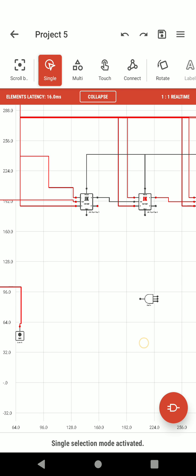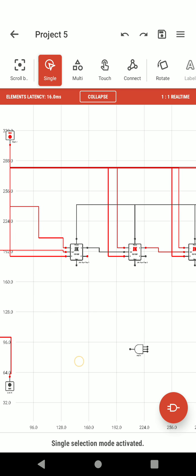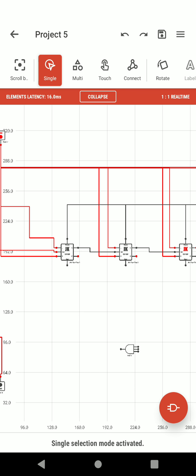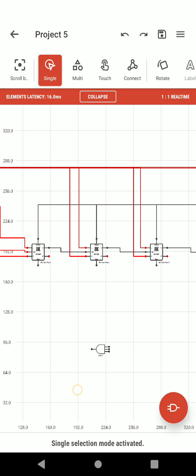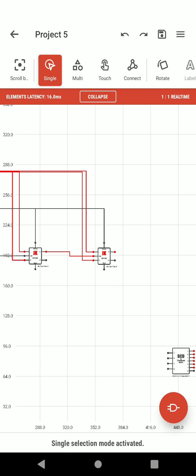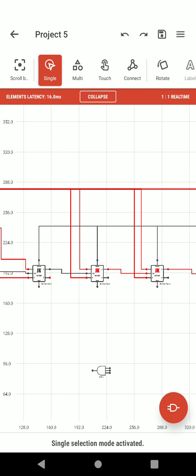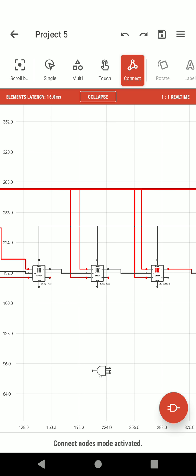Now next what we have to do is connect the outputs, that is the Q bars. The Q bar of the first flip-flop has to be connected to element A, because it is the least significant bit, otherwise we get different values.